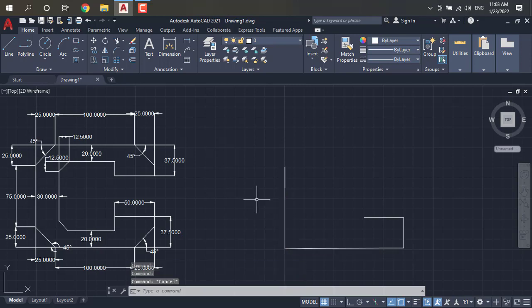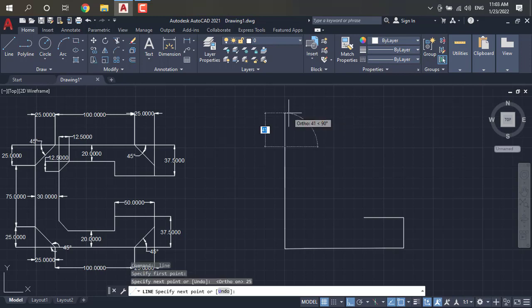So again you have to take the 25 line from here to upwards in 90 degrees. Just click on ortho mode, it will be perfectly 90 degrees. So here you have to select the 25.